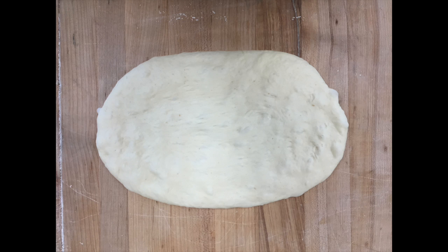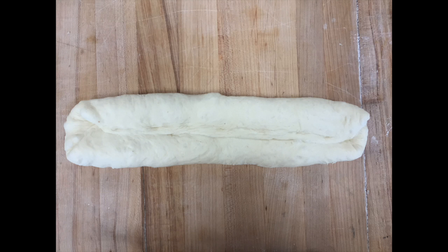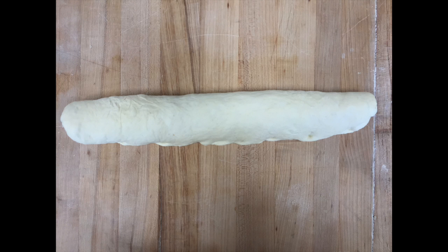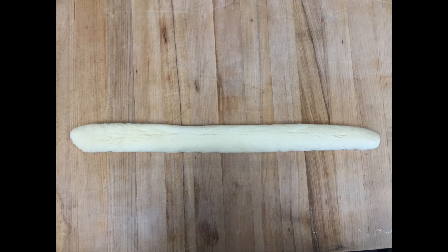Fold one long edge of the dough into the center of the oval, and press with the sides of your hands to seal it. Rotate the dough 180 degrees and repeat with the other side. Then, fold the dough in half, sealing it with the heel of your hand. With the seam up, gently roll the dough from the center towards the edges to lengthen it until it is